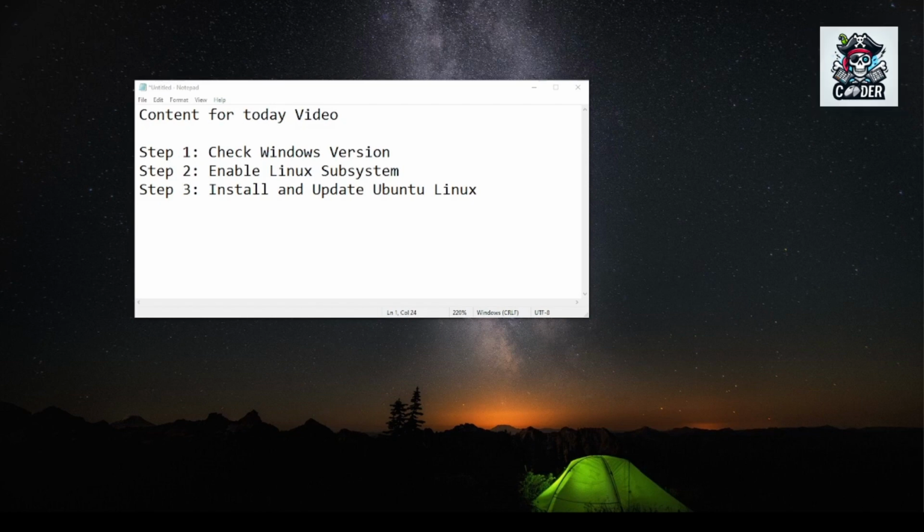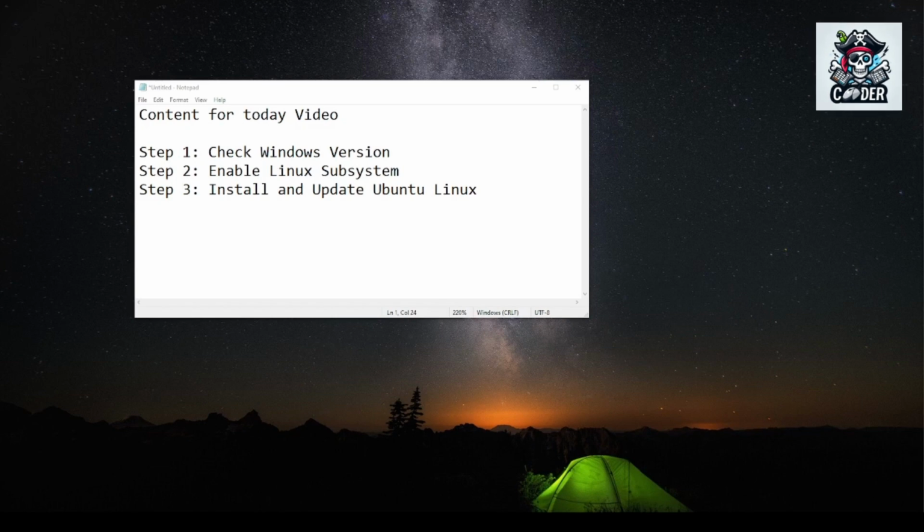So first of all, let me just tell you, why would you want to do that? Yeah, that's a good question, right? Well, Linux is a powerful and versatile operating system, as you know, that offers many benefits for developers, such as access to open source tools, utilities, and libraries. Windows, on the other hand, is the most powerful, popular, and widely used operating system in the world, with a familiar and user-friendly interface and support for many applications and games, of course.